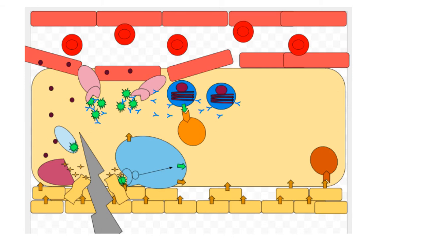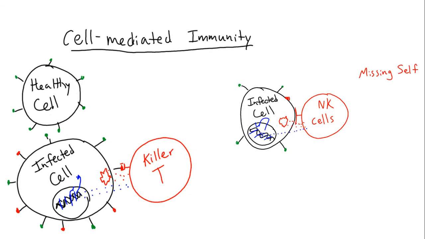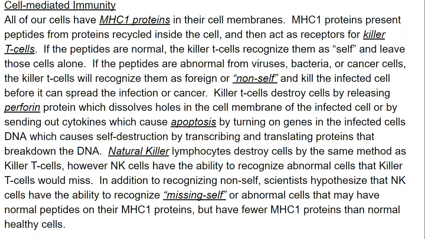With this process, we end up with some memory cells so that in the future, we can skip many of those intermediate steps and go directly to mass producing antibodies. And that is kind of the idea behind vaccines. So again, that's running through all of that. Now,